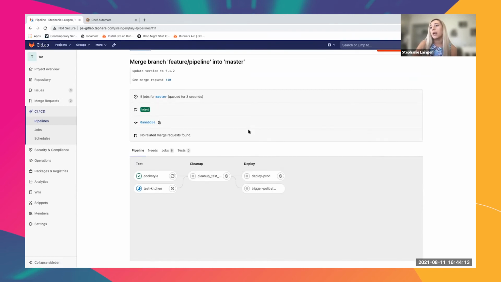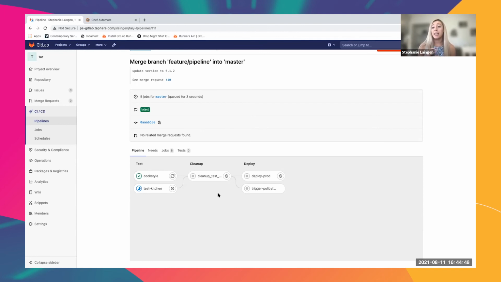So we'll allow that to run, and you've already seen those successful runs before. I'll just take a second here to allow the job to finish up. And I'll point out real quick this cleanup job. Whenever you run Test Kitchen, there's a chance that if it's not successful, that EC2 instance or that VM that you've spun up could just end up floating around if you don't run the kitchen destroy command.